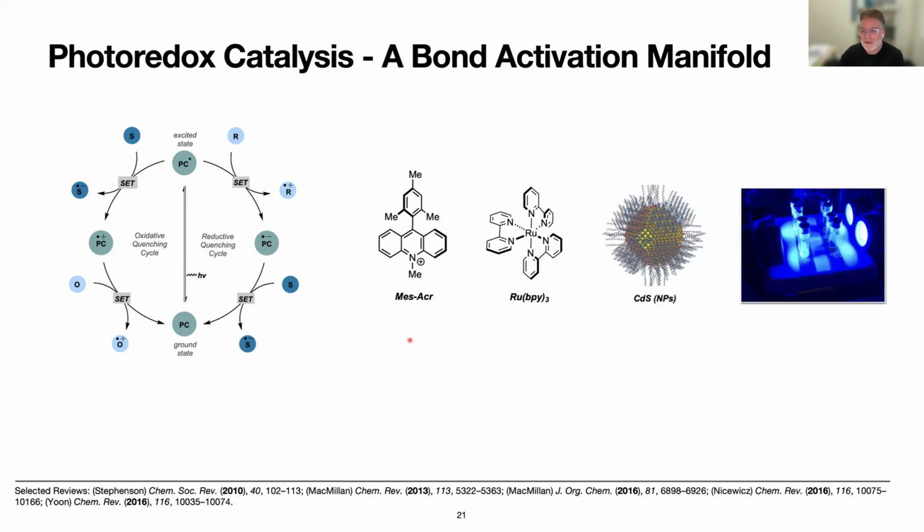and just remind you that photoredox catalysis really is an opportunity to take small molecule dyes, and also some cadmium nanoparticles, and irradiate those with visible light and then generate some redox events with these processes. So we could have a ground state catalyst, use some visible light, generate the triplet excited state, and depending on what else is in solution, we can undergo a reductive quench cycle or an oxidative quench cycle. In a reductive quench cycle, a sacrificial reductant is introduced to generate the reduced form of